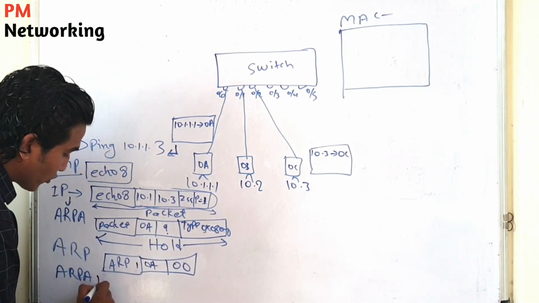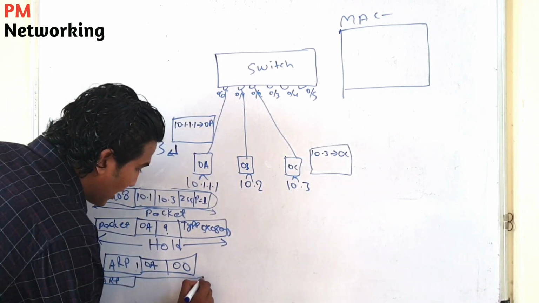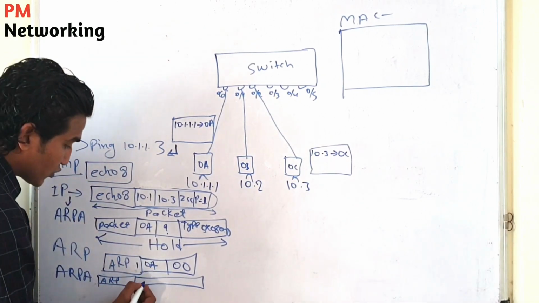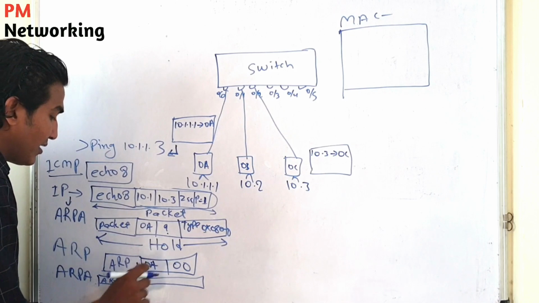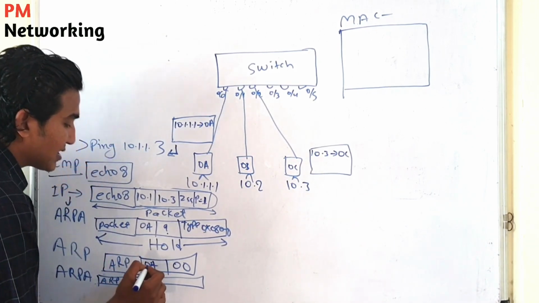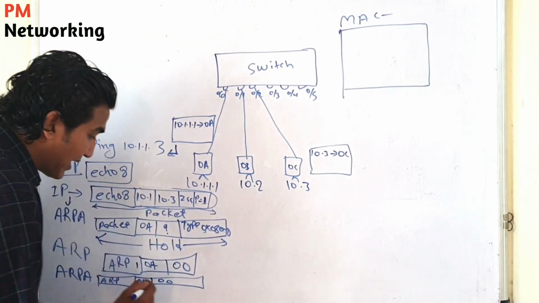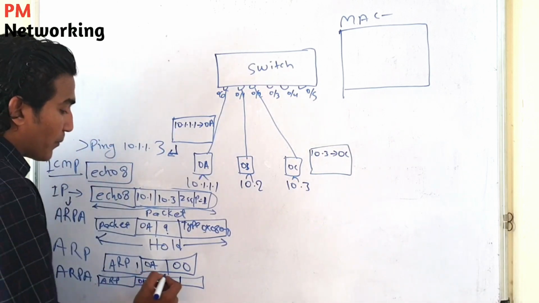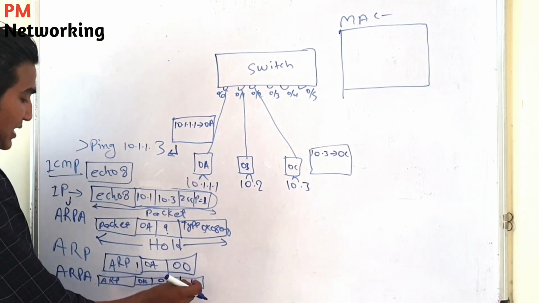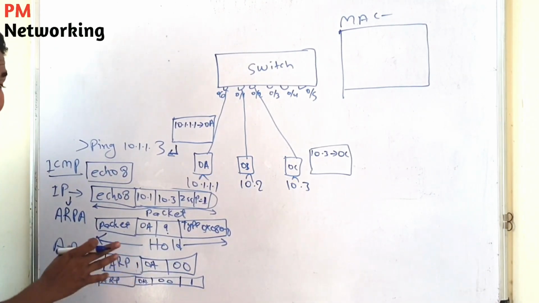Now again, ARP protocol receives an ARP request and will add one header, that is the Ethernet header. What information will the Ethernet header contain? Source MAC will be 0A, then destination MAC will be 00. We have discussed this yesterday, right? And opcode will be 1. That means it is an ARP packet which is encapsulated with the Ethernet header.